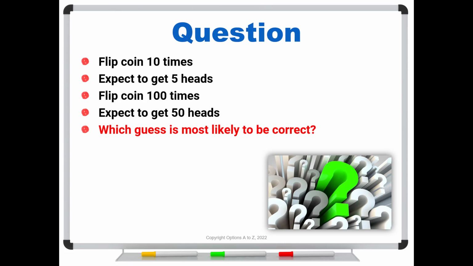Everybody thinks that the coin flip would tend to even up. So if we had a few more tails showing up because we're flipping it so many times, we should start to see some more heads and things will even up. And that we should find far more times that we would get 50 heads out of 100 tosses than we would get 5 heads out of 10. Well, is that really true? Let's go have a look.